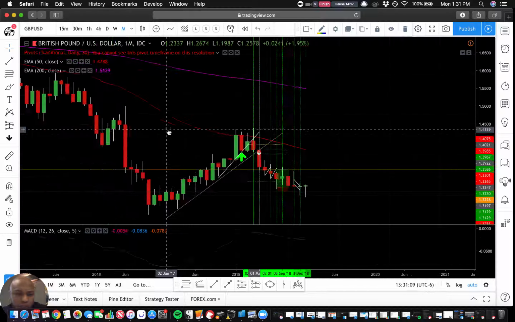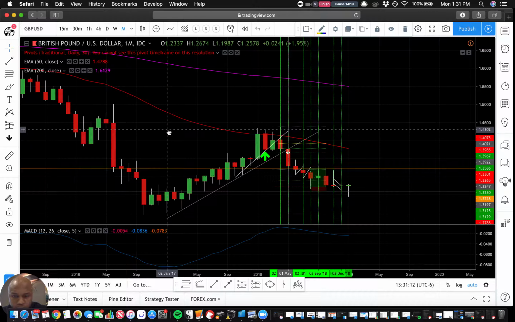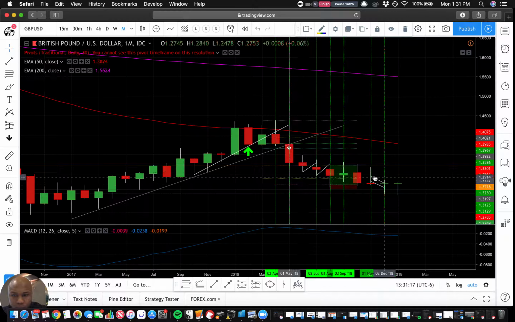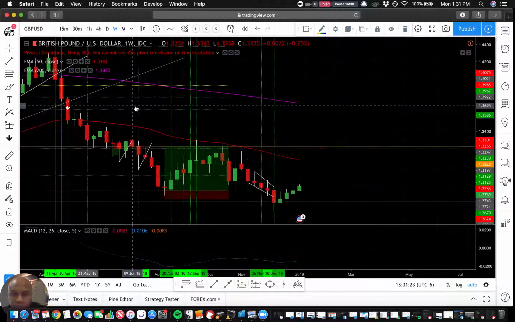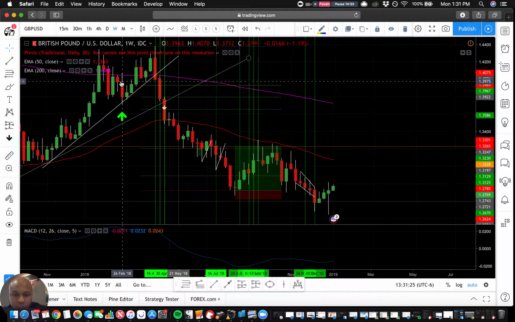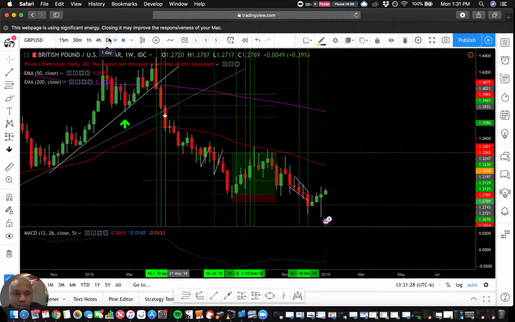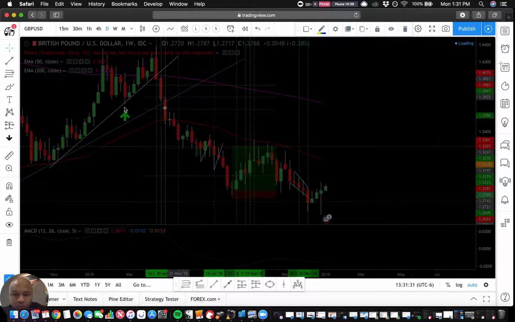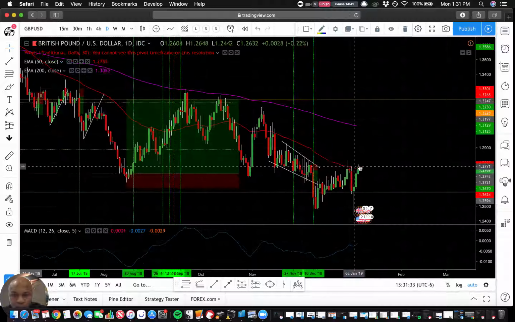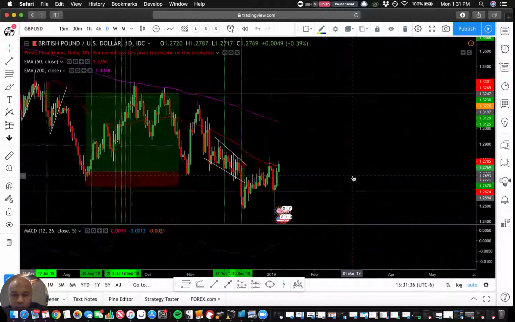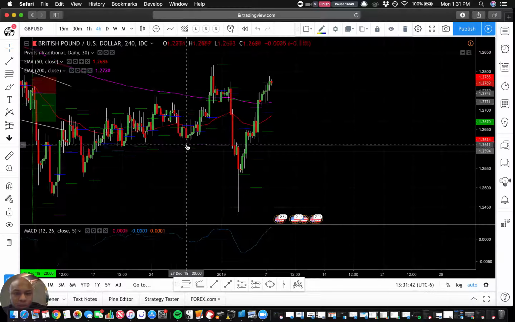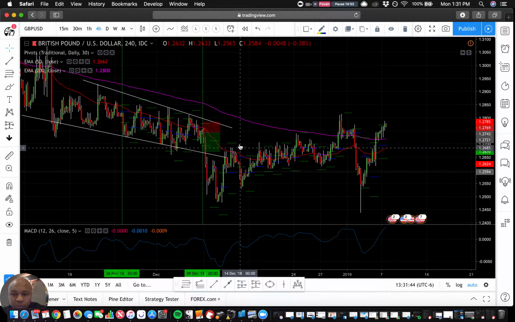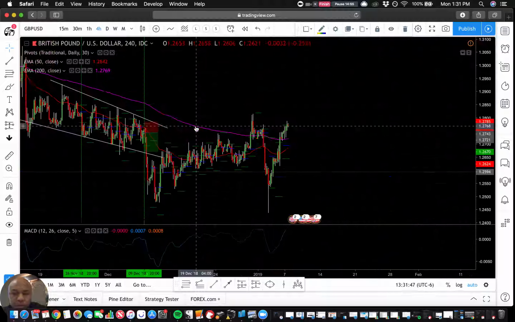GBP USD, on the monthly front, it just looks like it's kind of preparing for a move. Weekly is kind of bouncing off, but not like a strong move yet. We're trying to break the 50 EMA. I'll kind of watch that and kind of see nothing from MACD, but maybe we see it bounce here. 4-hour chart, we already break the 50 EMA, which is good. Already broke the 50 EMA,